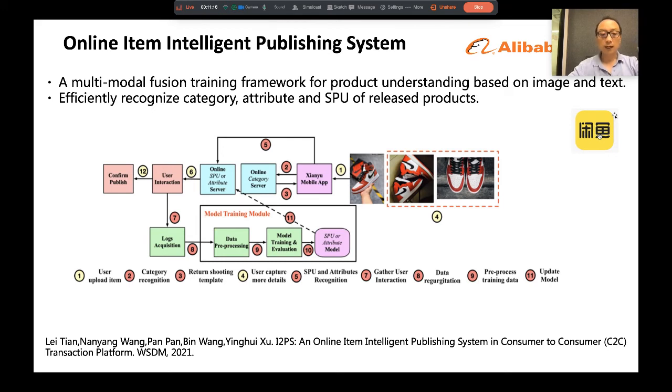Our system can accurately identify the SPU so that we can know most information for the published item. Besides, our attribute recognition will recommend the most relevant attributes of the item, like the brand, style, material, and price. All the information recognized by our SPU and attribute module will be dumped into the retrieval engine to encourage as much exposure as possible.